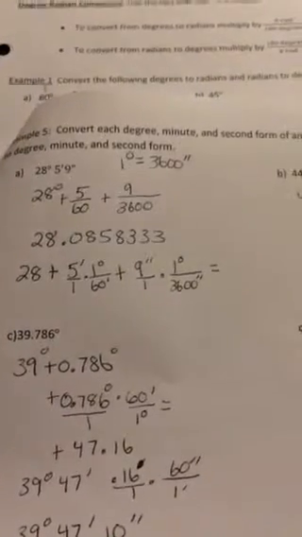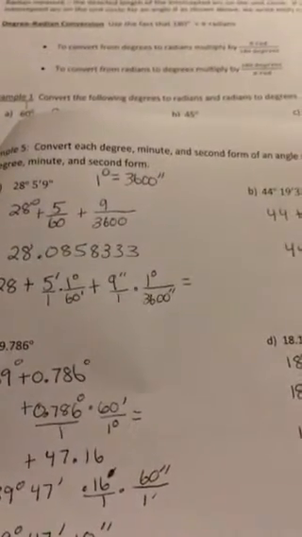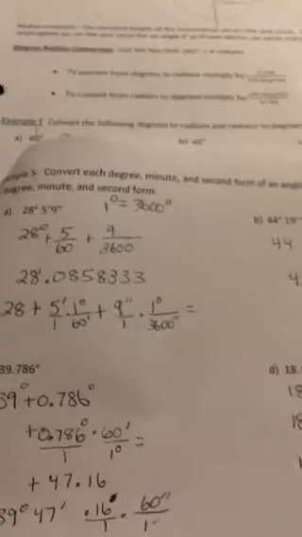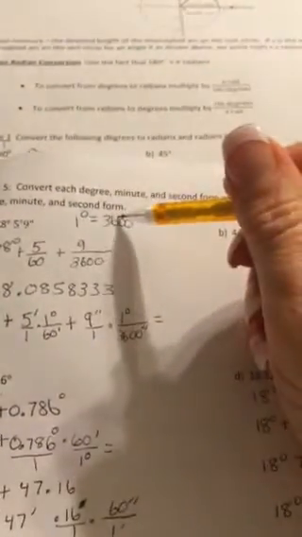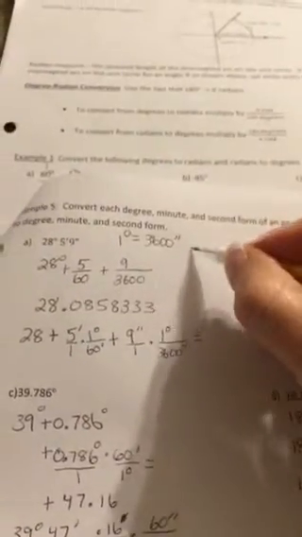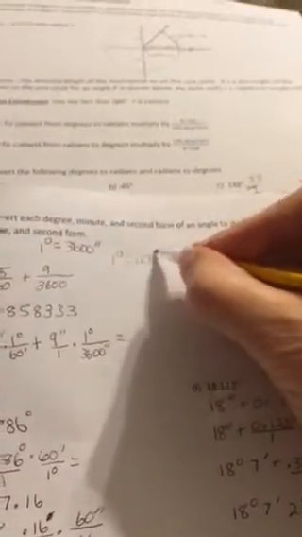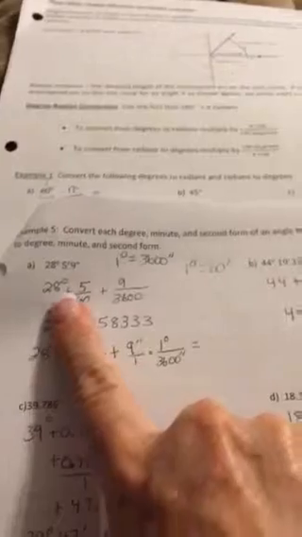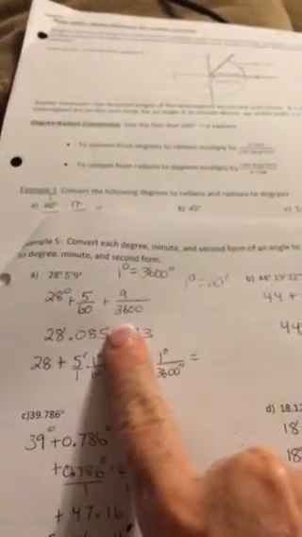Okay, so on the last page of this set of notes, under example number 5, we want to convert 28 degrees, 5 minutes, and 9 seconds into decimal form. So you want to remember that 1 degree equals 3600 seconds, and also that 1 degree is equal to 60 minutes. Okay, so if we have 28 degrees,